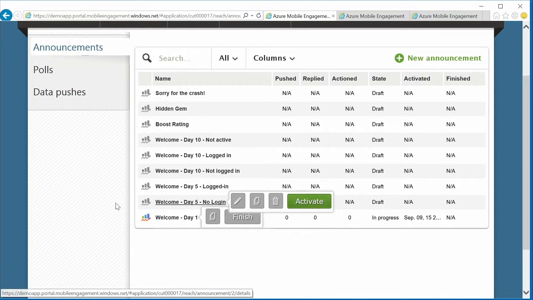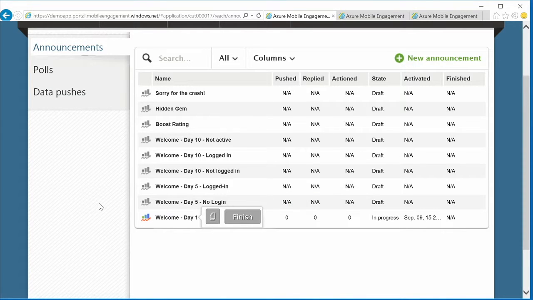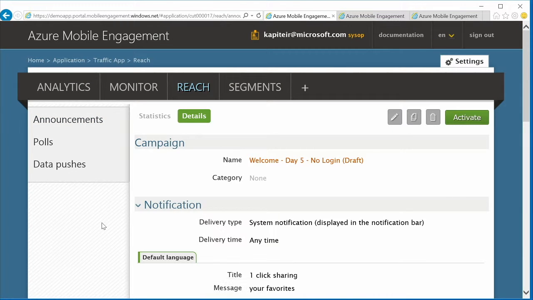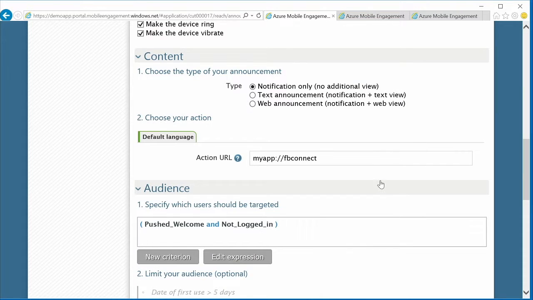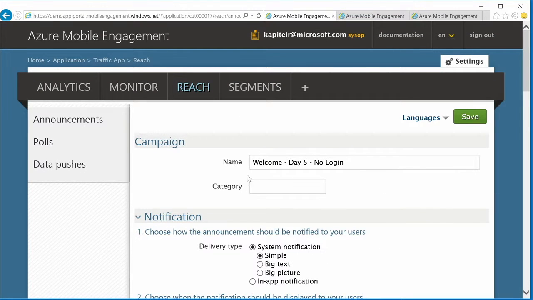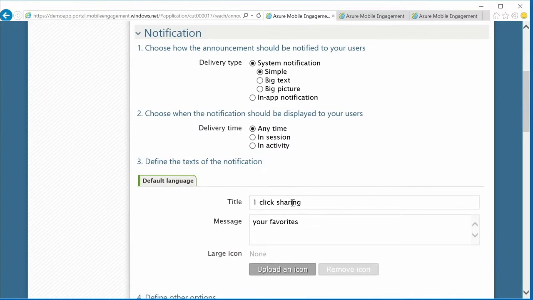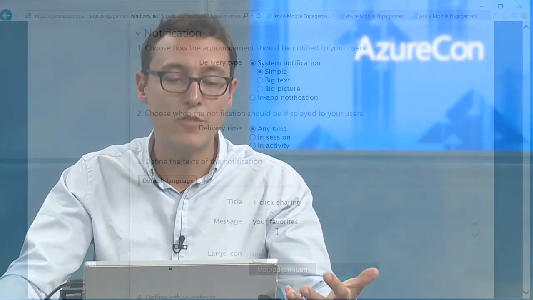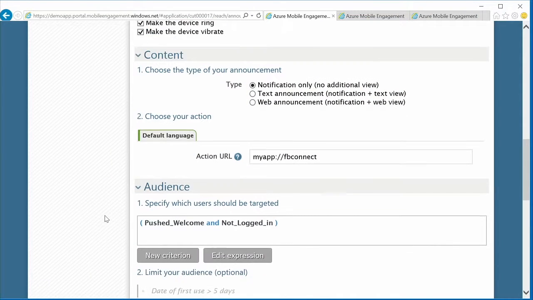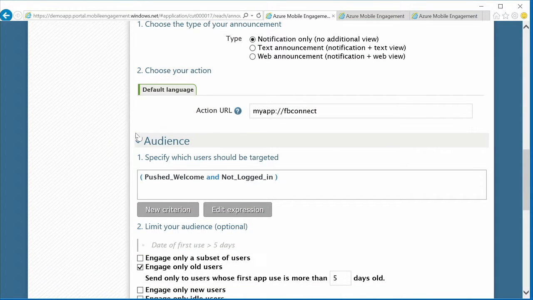And depending on whether the user actually did or did not connect a few days later, we want to play a different message. So the second part in that campaign will be to address the users who have not logged in 4 days later. Very similar type of user experience, a push notification, communicating another type of value that this feature has. Again, the landing page will be the actual connection. The part that is different here is the audience, so who we are talking to.